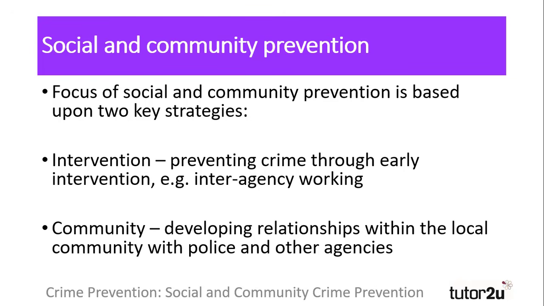Social and community prevention focused upon two key strategies. Firstly, early intervention, preventing the causes of crime through agencies working together to highlight issues. This included the police, the education system and social work identifying risks and sharing information, for example in safeguarding policies. Secondly, social and community prevention focused on the community, returning to ideas of the early 1960s with community policing and the development of local relationships between the police and the communities that they served. They argued it was not enough for the police to be reactive in catching criminals, but rather they should be proactive in the prevention of crime in the first place.